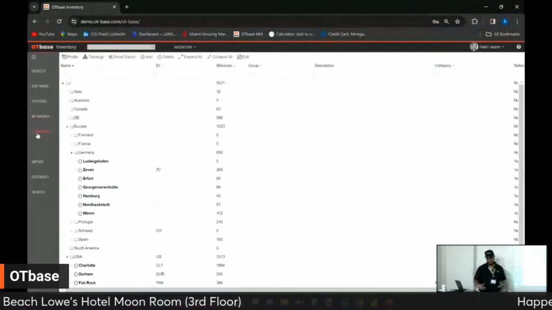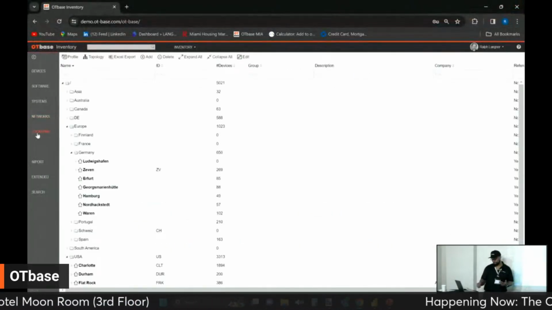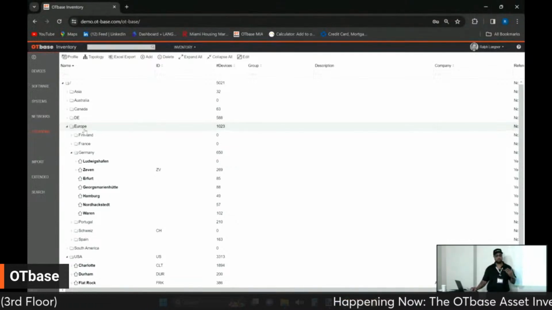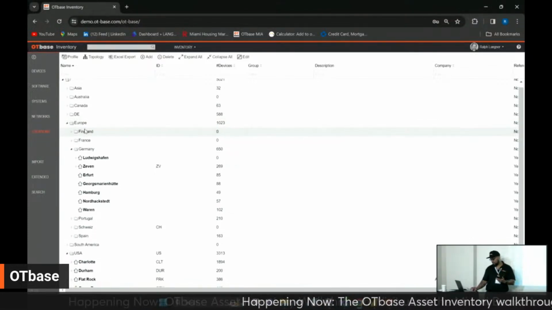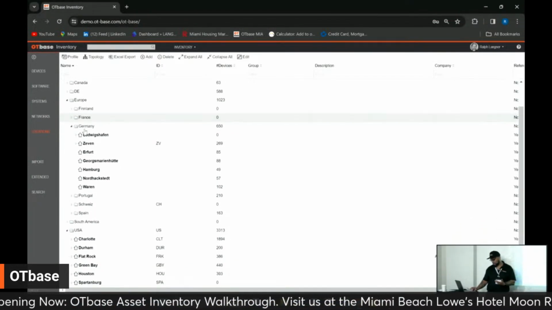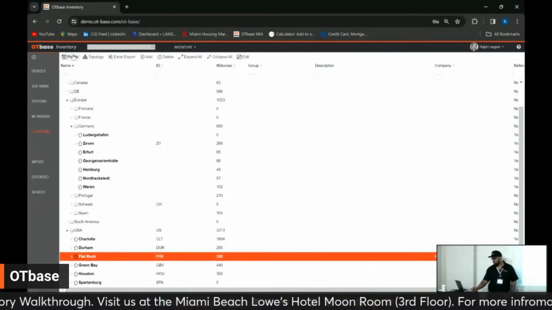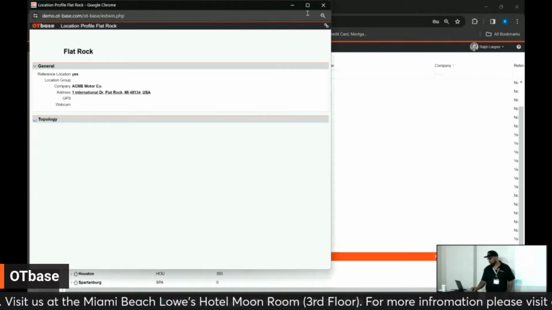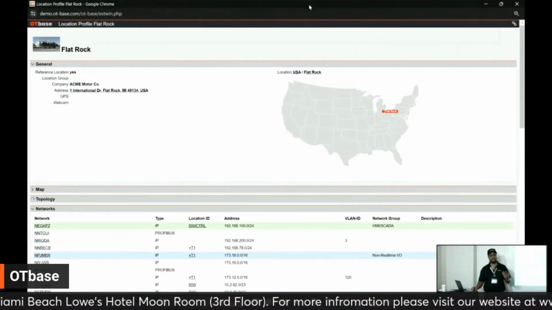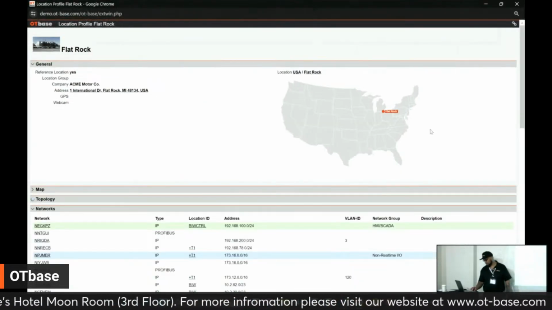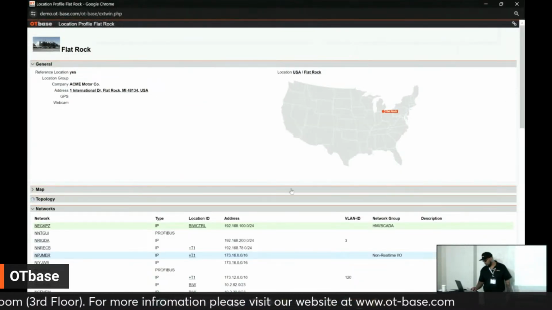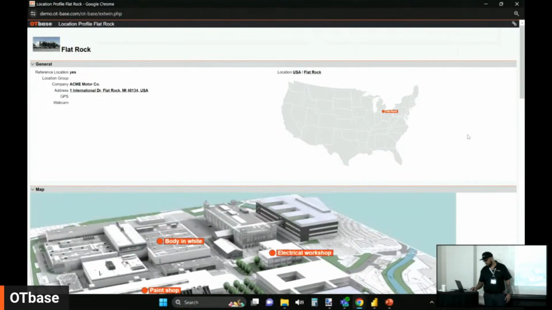Also part of that inventory is locations. So we'll go back to our Flat Rock facility. So we have it broken down by continents, countries. Let's go back to the United States and our Flat Rock facility. This profile view gives you a view of all of those assets that are at that location. Right. So first thing you'll see here is a map. Then there's also a site map